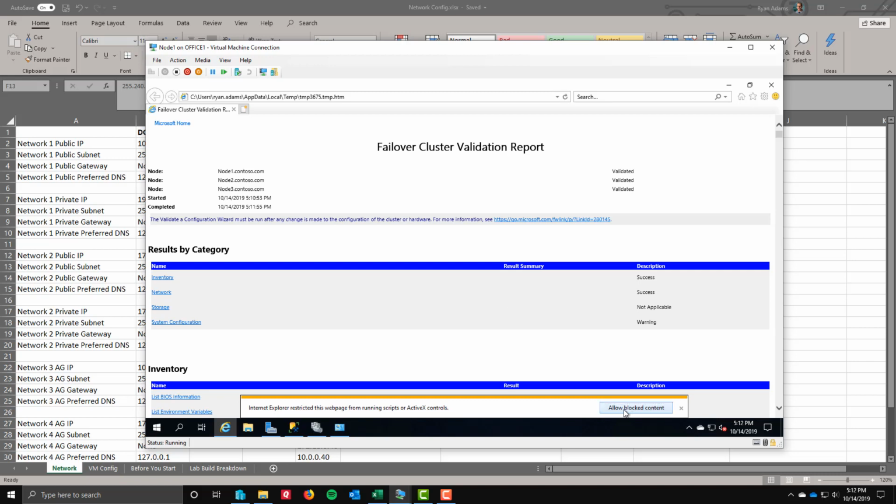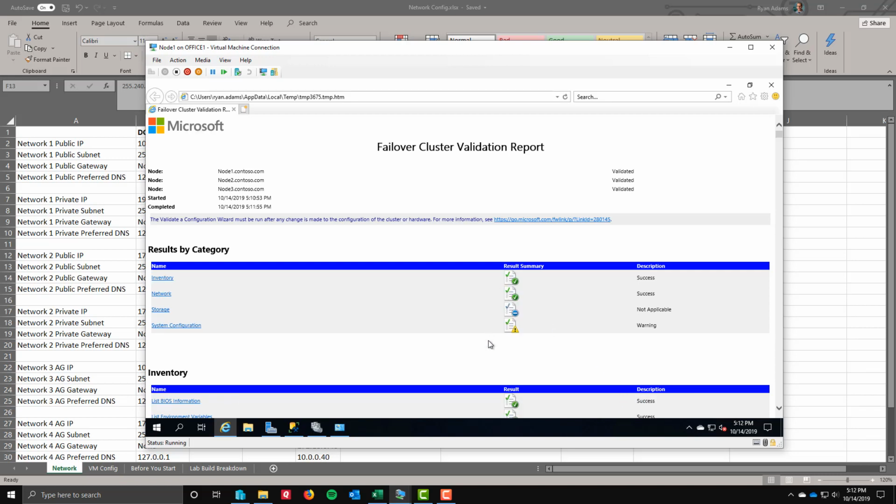Click allow blocked content just so we can see all of the icons here. So I can see that the inventory came back with success, network came back with success, storage was not applicable, and that's good, and we're using availability groups here right now, so there is no shared storage I presented at this point. So it realized that that was the case and said that is not applicable,